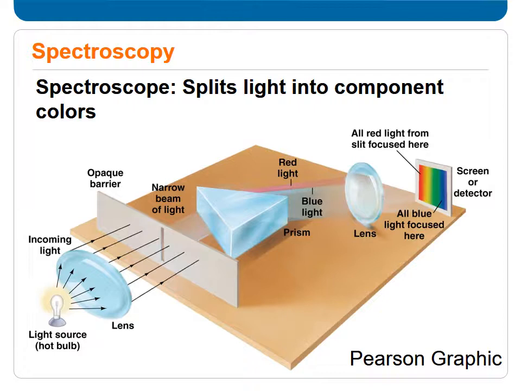A spectroscope splits the light into different components. In spectroscopy, the spectrum of an image is recorded on a CCD array. The resulting spectrum is analyzed to identify chemical composition,